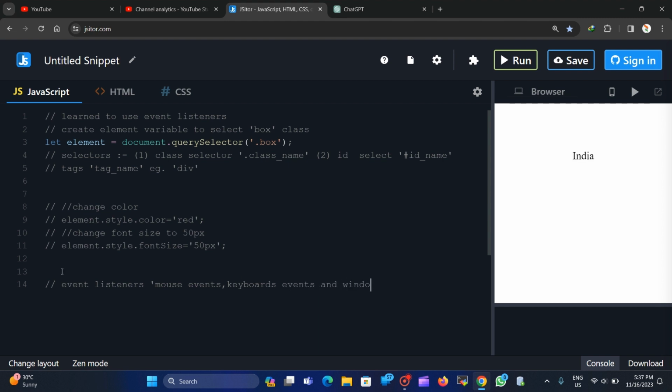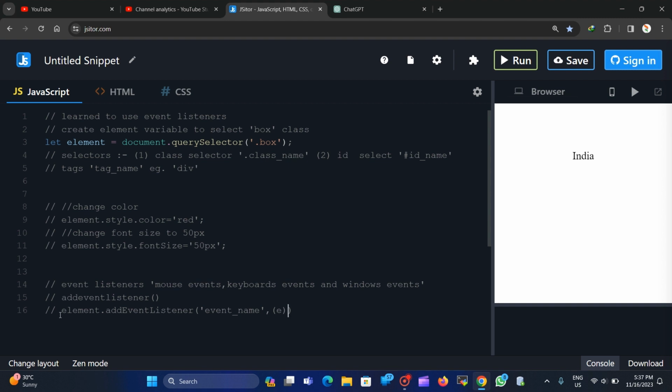For adding a listener to these events so that we can modify them as per our convenience, we use add event listener. The syntax for this is element dot add event listener, then here mention the event name, and here